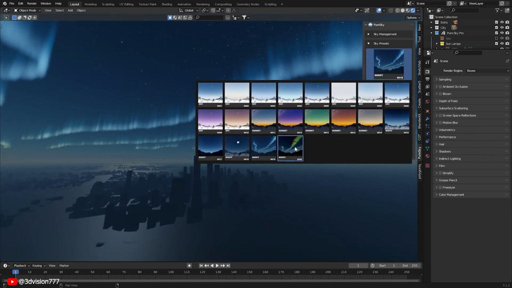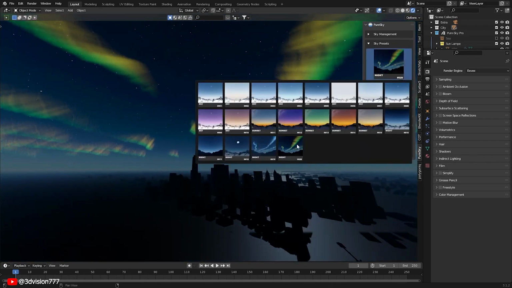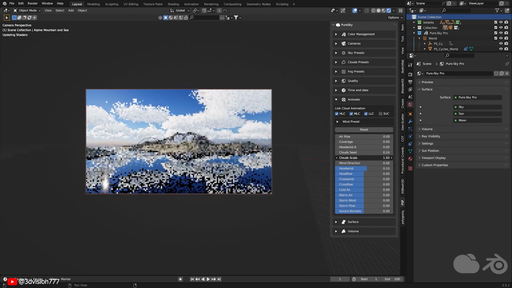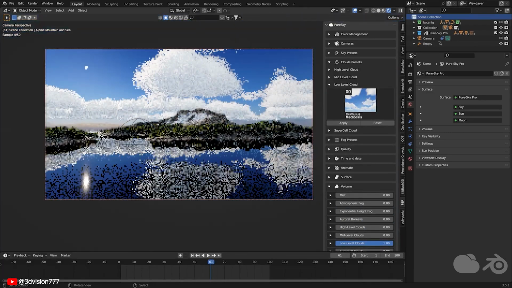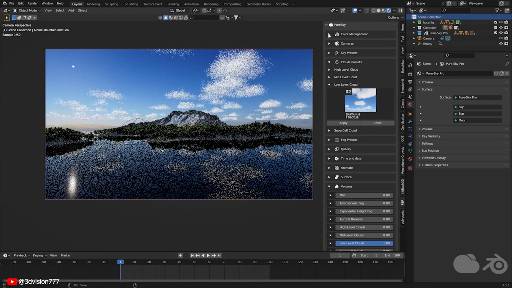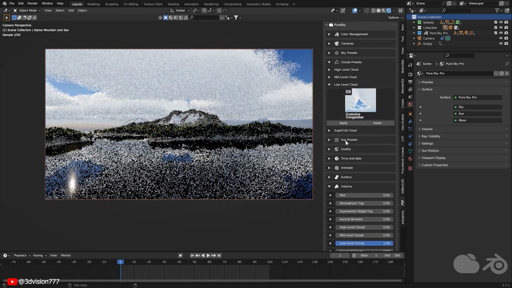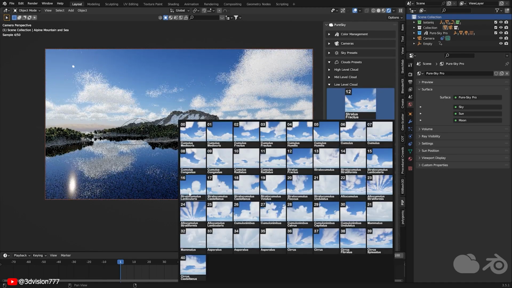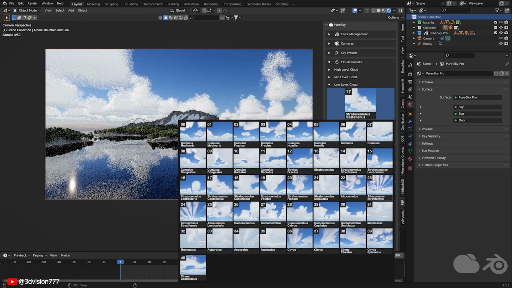Pure Sky Pro provides a starting point with a diverse selection of over 30 sky presets. Additionally, it offers an extensive library of 40 procedural cloud presets. The altitude and shape of cloud presets is based on real-world physics, and yeah, the animation of the clouds is